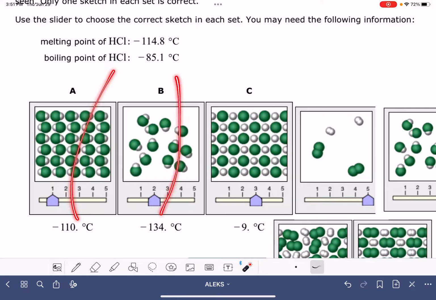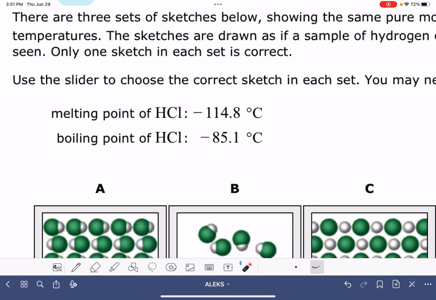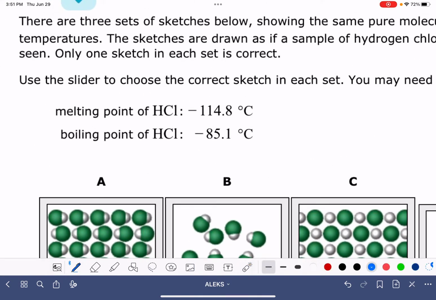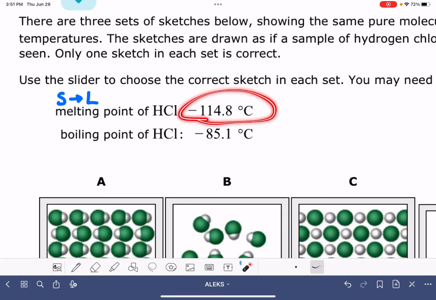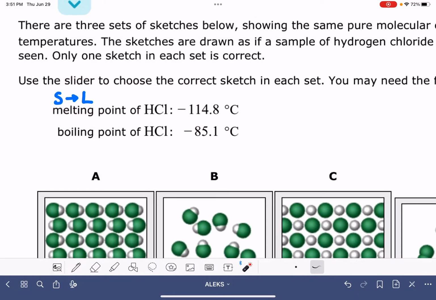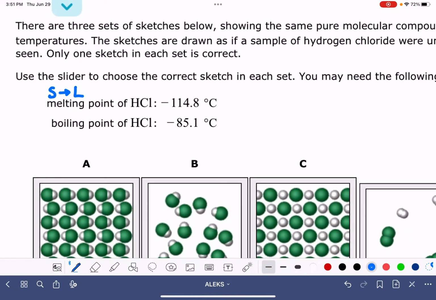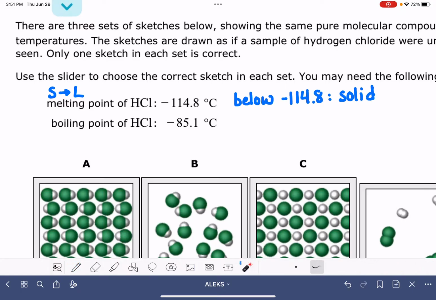Notice that the temperatures are not matching up with the melting or boiling point. They're different temperatures. Let's start by talking about what these numbers represent. Melting, as you probably know, is the process of converting from a solid to a liquid. The melting point is the temperature at which this conversion takes place. So when a substance is below its melting point, in this case HCl, when HCl is below its melting point, negative 114.8, that substance is going to be a solid. It's frozen. Once it gets up to negative 114.8 and above that temperature, it's no longer a solid,